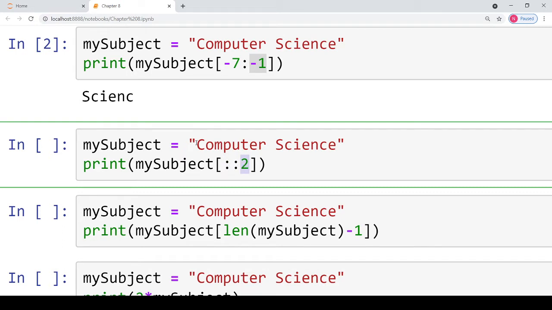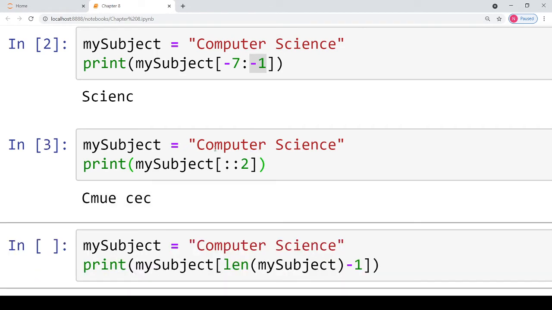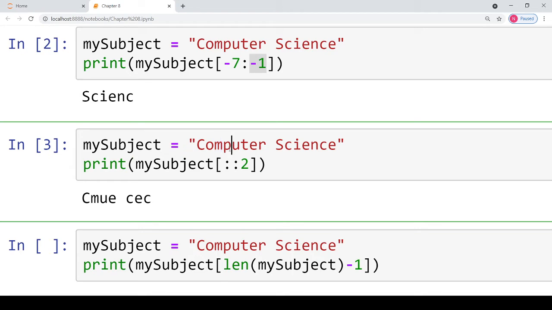So you start from the very first letter present at index 0 and print every second letter till the end of the string. You start with the first letter, skip one letter, then print the next, then skip P, then print U, and so on.